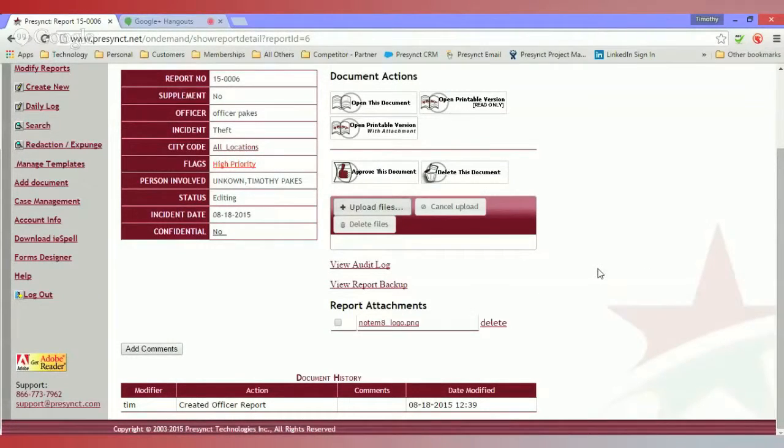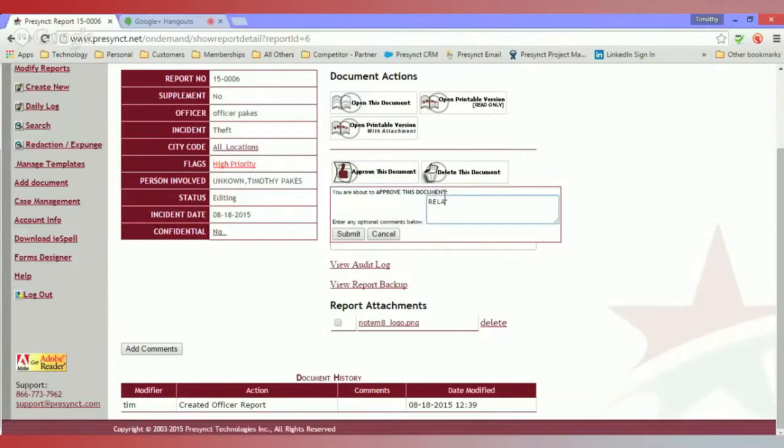So once I'm satisfied, I wrote my report, I added my attachment, I'm just going to go ahead and approve it to my supervisor. I click approve this document here. If I want to relay any notes or questions to my supervisor, I can write those in here. And then when I click submit,